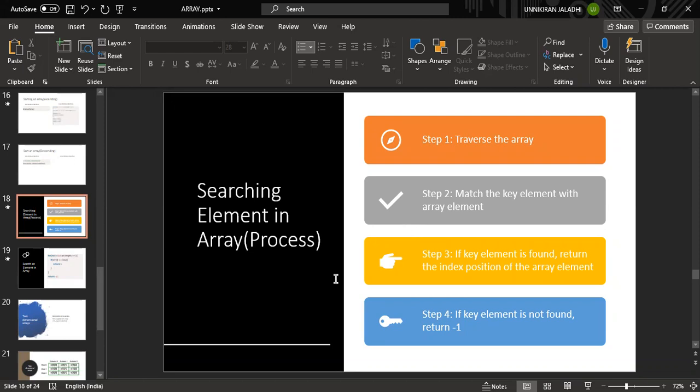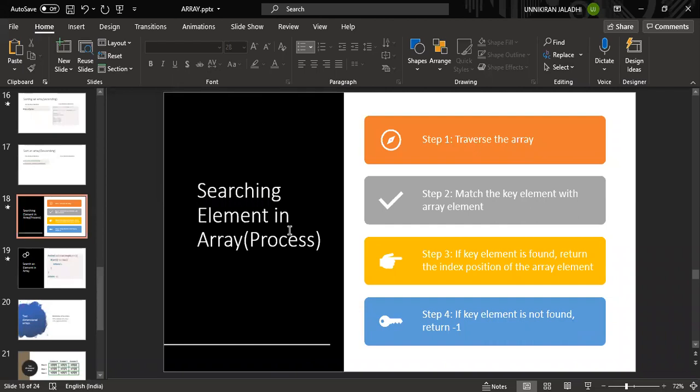Next one, searching an element in an array. Is searching an element essential? Yes, it is essential, because if a particular element is available inside an array, then do this condition. I have a big project I could show, but actually I don't want to share right now. I will tell you about that later.